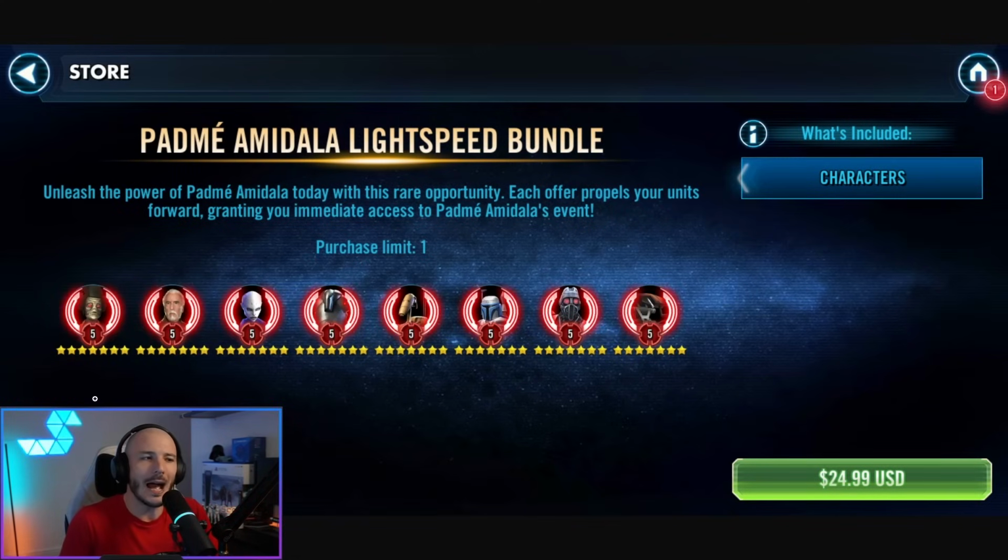Next up, we've got the Padme Amidala Lightspeed bundle, and this one, honestly, to me, feels a little bit sketchy. When we take a look at the characters, it's not that any of them are bad. My main concern with the Padme Lightspeed bundle is that, yeah, it's half the price of the GAS bundle. Sure, I get that. It gives you units that you don't necessarily need, but they are all worthwhile, and they are at slightly higher relic levels. But realistically speaking,